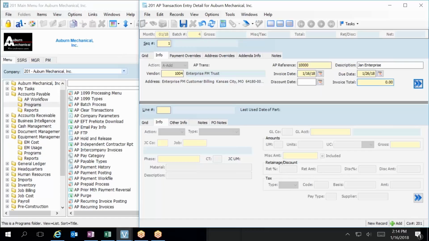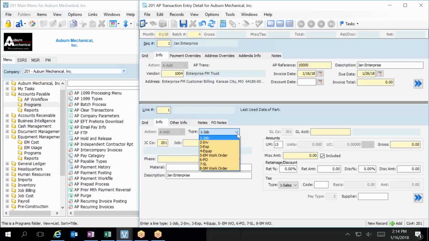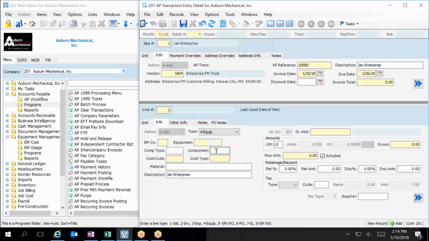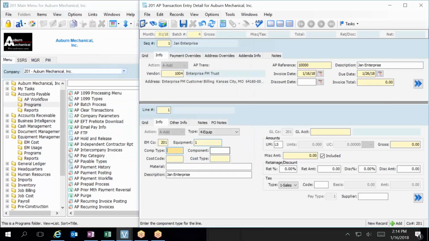So let's come down in there. We could scan an enterprise invoice and have backup to our thing if we had an enterprise invoice or something. But I need an Excel spreadsheet to do this thing. Hit N, which is your next or your new one. Instead of job, we can import this as an equipment type. So equipment, enter, enter, F4. Now, as long as my equipment numbers are the same, grab any piece of equipment,